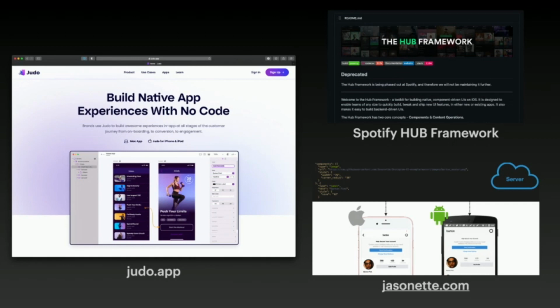The same way that I was showing you. Then I mentioned the Spotify Hub framework, which was doing the exact same thing with UIKit, and which happened to be the very same schematic and technology that we were using prior to the SwiftUI stuff that I've just shown you. Unfortunately, that is deprecated now, so it is no longer being maintained, and it's been deprecated for a while, but that's probably because of the UIKit stuff. And some of you might know JSON.NET, which does the exact same thing, where you write a lot of JSON code, and it doesn't compile it, it interprets it at runtime into an iOS client or an Android client from the backing data structure, which is the JSON.NET format in this case.